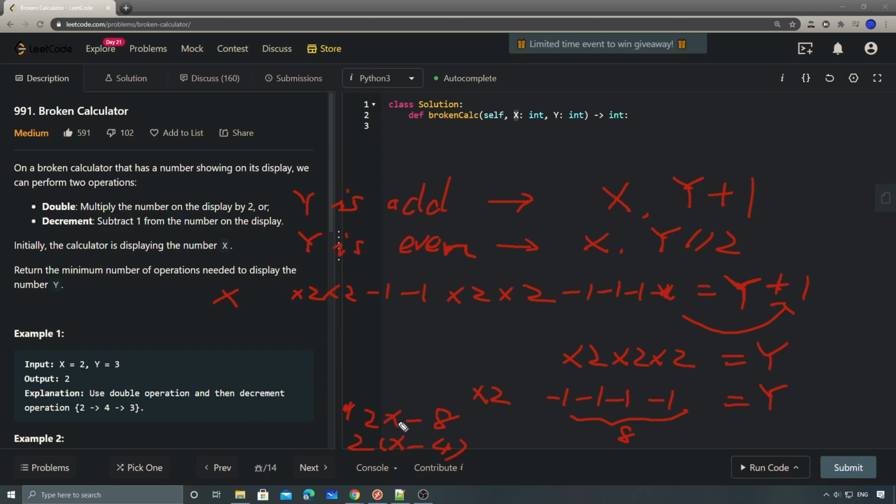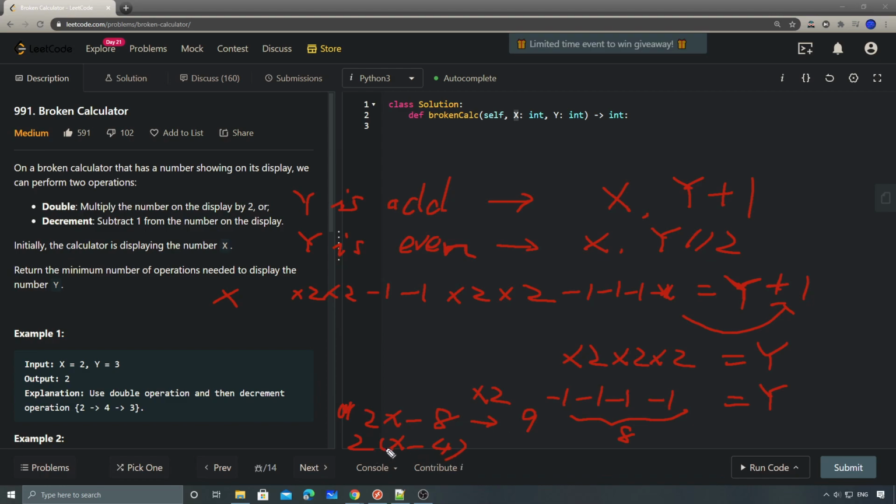It means that if we have a double followed by 8 decrements, this is basically how many operations we have. So here we have 9 operations, right? So 2x minus 8. But if we do it in this way,